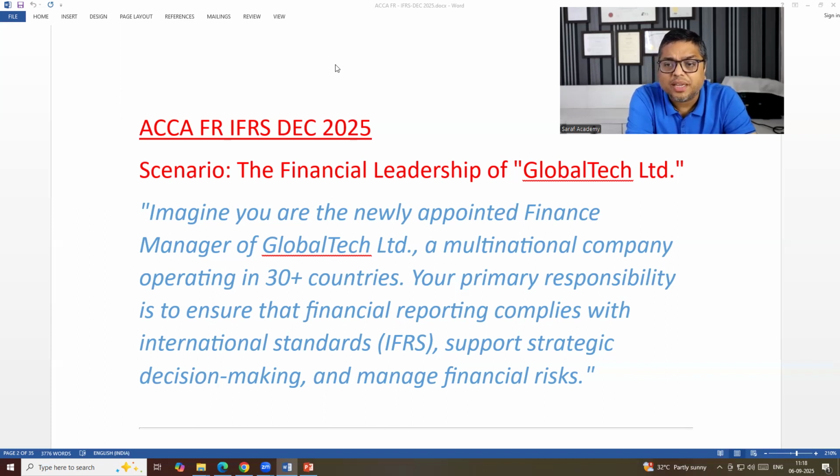Similarly, there is a topic employee benefits, as per IAS 19, that is there for Diploma IFRS and CIMA students, but not for FR students. There is a topic financial instruments. It is there for FR students, but for CIMA and Diploma IFRS students, it is more in depth.